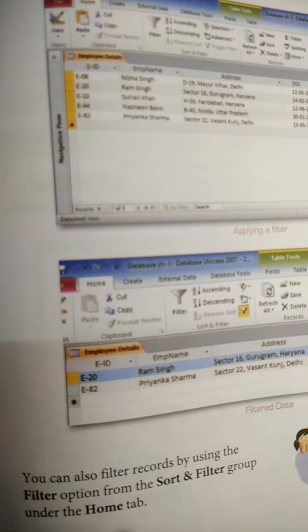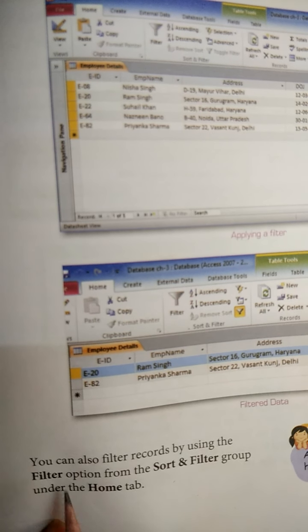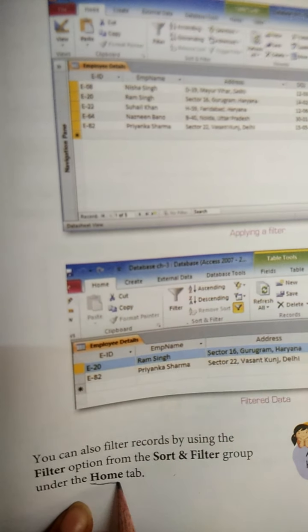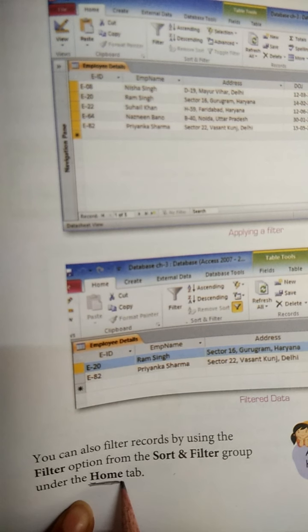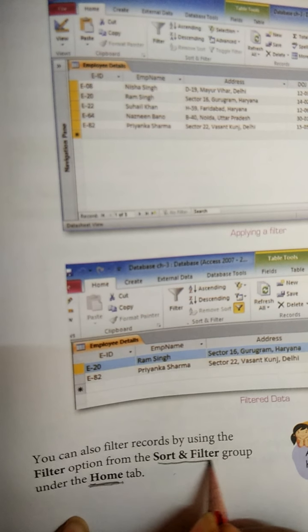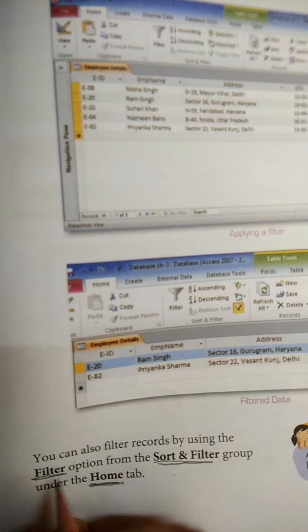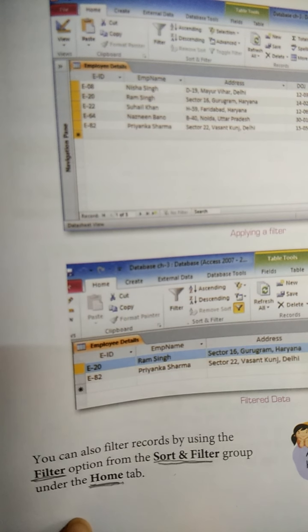Okay students, filtering the data. For filtering the data, what are the important steps you have to do? The same. You have to go to the Home tab. If the question comes, how to filter data, then simply you can write, go to Home tab, click on Sort and Filter group and then select the filter option. Your selected field will be filtered. Now first of all, understand what you mean by filter. Filter is used to display a selected number of records based on one or more conditions.